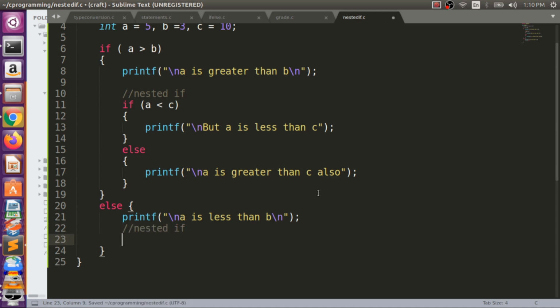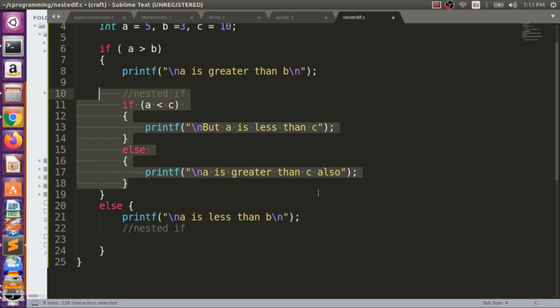So we have here, if A is now less than C, right? Or we can simply copy this thing, I am copying this simply to save our time.